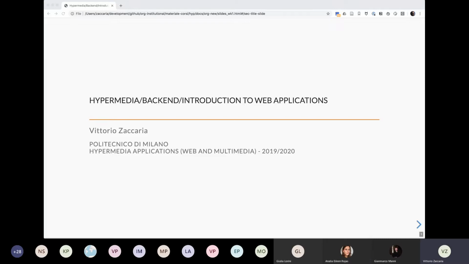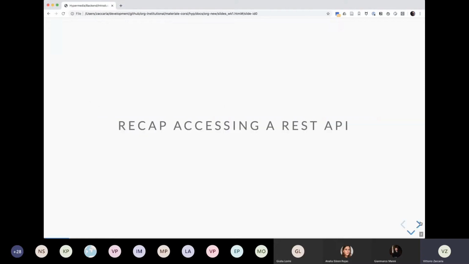Okay, so I've started the recording, so we can start with the actual lecture. Last time we have seen some examples on how to access REST API, and let me just switch slides. Okay. And we've seen some example of accessing the REST API through